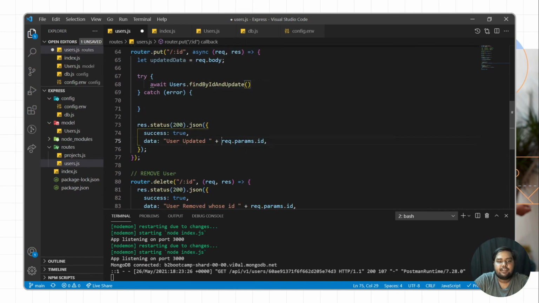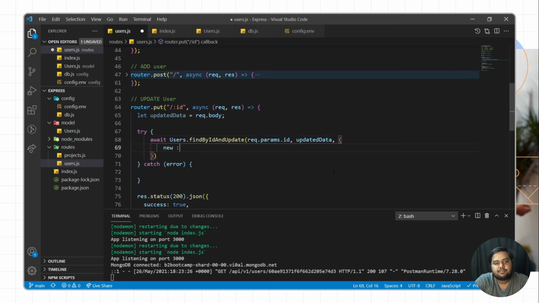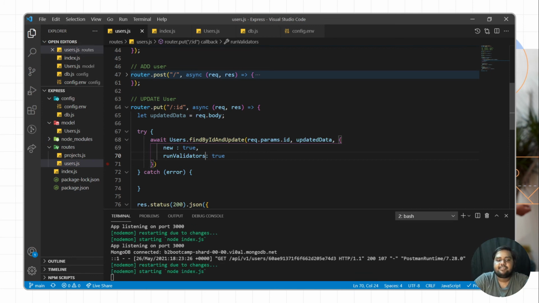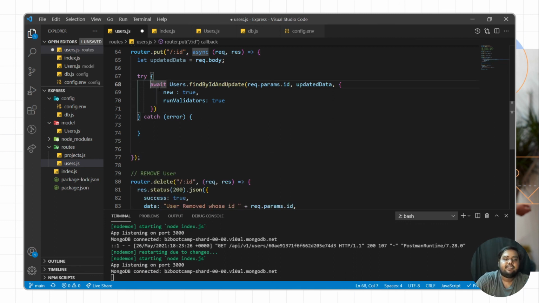So which data you need to update, this is the id, and then here you need to pass the data to update, and then the JavaScript object having new equal to true, and the second one is runValidators equal to true. Okay, so this is the default syntax. If the user is updated, here we can get the data. So here we have a user, okay,